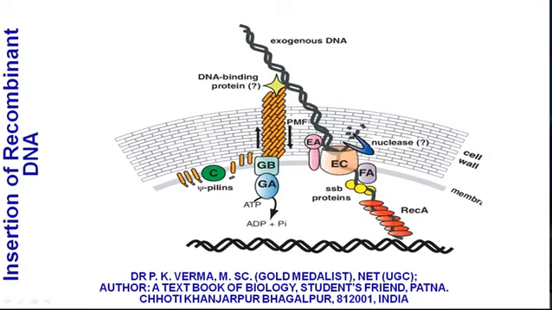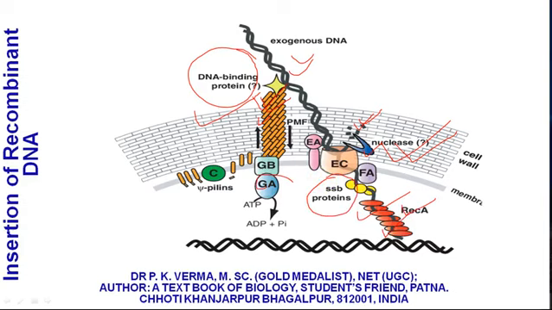Now see what happens. This complex protein forms the receptor for the binding of the exogenous DNA. Now with the help of a nuclease, one of the two strands is degraded. Here is the degradation, and the second strand enters into the host cell. Now when it enters, the complementary strand is synthesized on this single strand template using the single strand binding protein here and the enzymes needed for replication, and therefore this double-stranded DNA is formed.